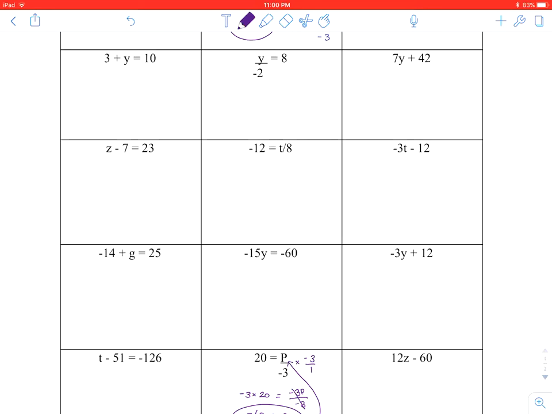So for the rest of these other three problems, you're going to be either multiplying or dividing by the number that is next to the variable, which should cancel out the number to give you a 1, and then you need to change the number